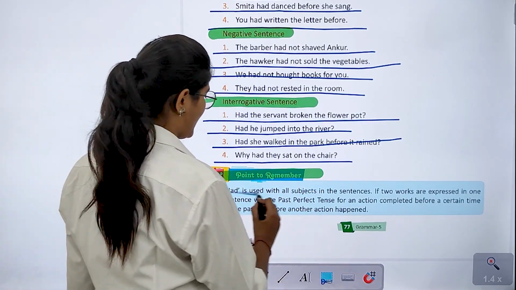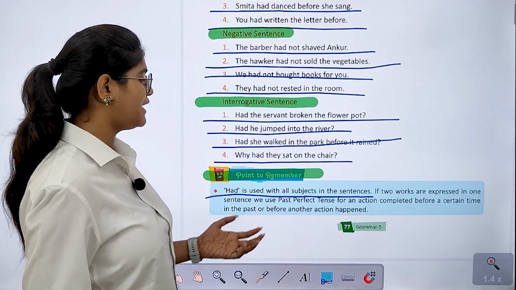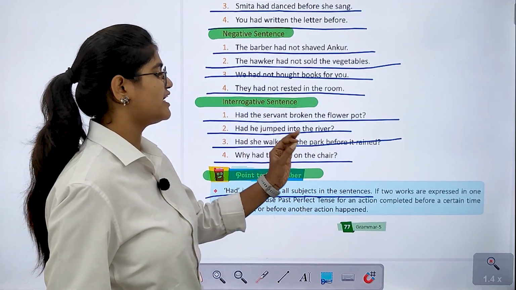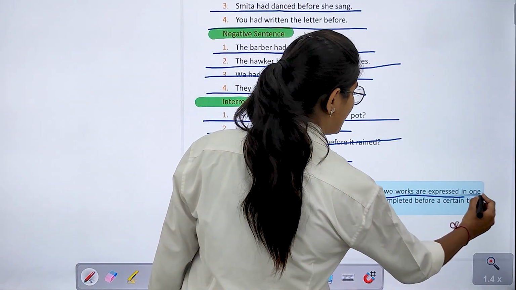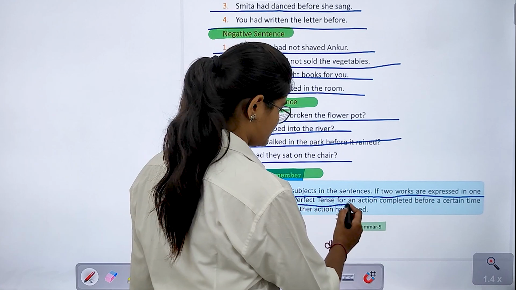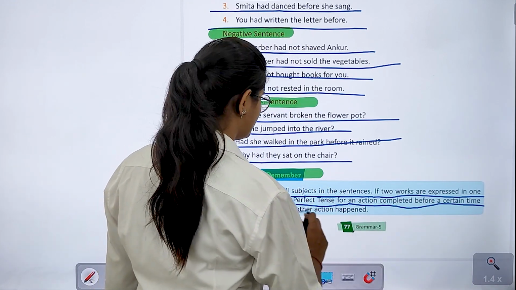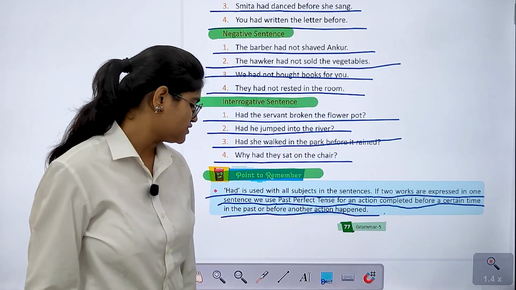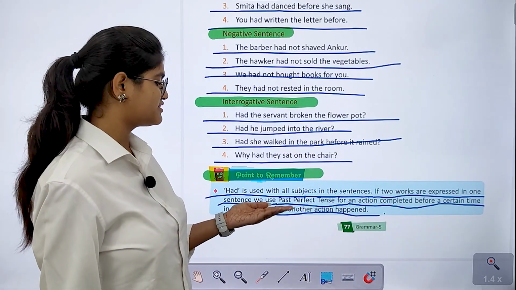So had is used with all subjects in the sentences. कि had जो है वो सभी subjects के साथ past tense में use किया जाता है. If two works are expressed in one sentence, we use past perfect tense for an action completed before a certain time in the past or before another action happened. Right? कि अगर हम एक ही सेंटेंस में दो काम के बारे में डिस्कस कर रहे हैं,